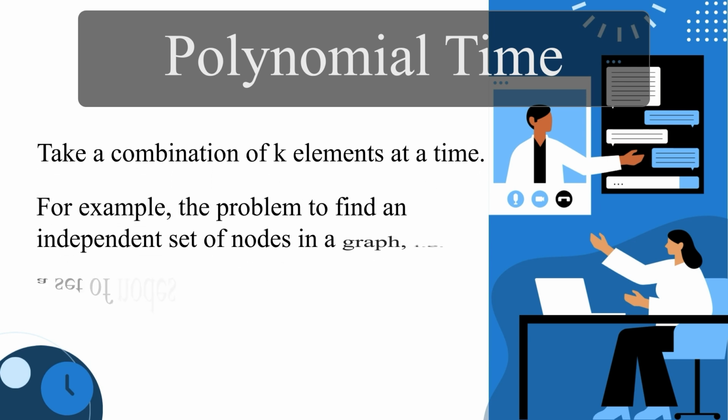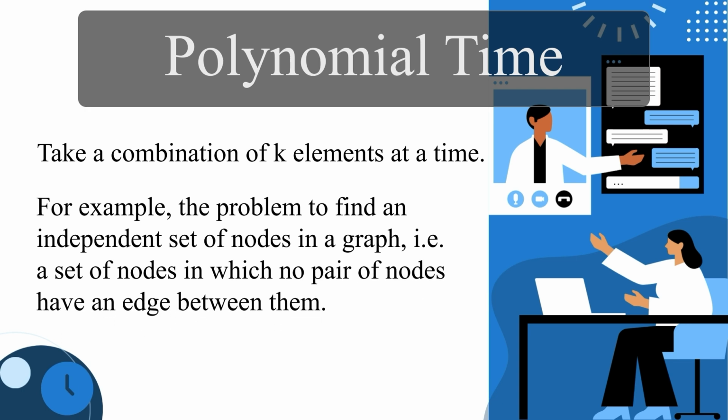And a very simple example in this particular case is the problem to find an independent set of nodes in a graph. Now, what are these independent sets, independent nodes? Well, a set of nodes in which no pair of nodes have an edge between them. That is called an independent set of nodes, because these nodes are not connected to each other. However, they may be connected through other nodes, that is all right,